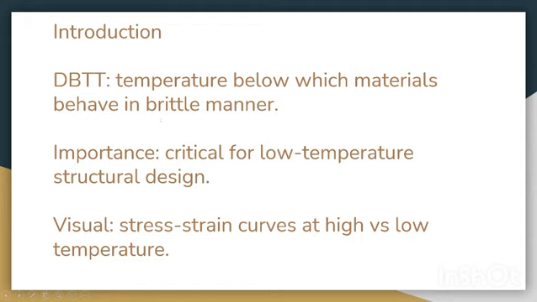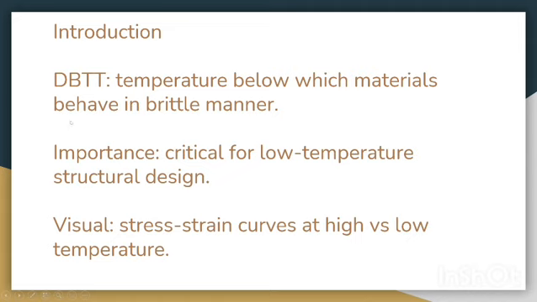In brittle fracture, the metal fails or fractures suddenly, whereas in ductile fracture, first the metal starts necking, undergoes plastic deformation, creates necking, and then it fails. But in DBTT,